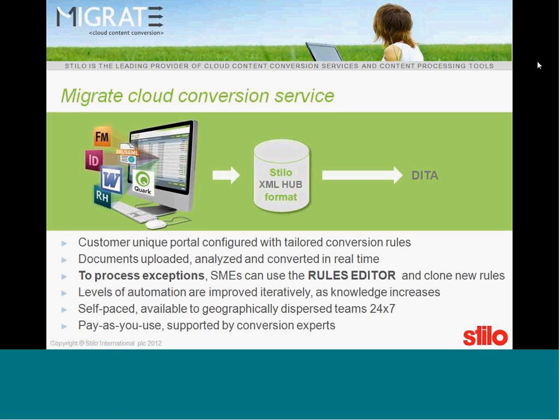And you'll see how quickly this can actually happen. And we say that when these pipelines are set up, what we find is that the 80-20 rule applies. The majority of documents will go through these pre-configured pipelines, but there will always be exceptions. And to process these exceptions, SMEs can use a rules editor that we've developed, which is available online,